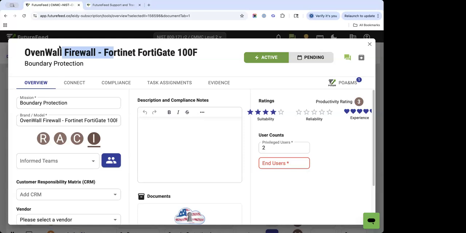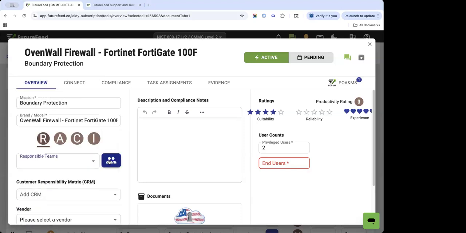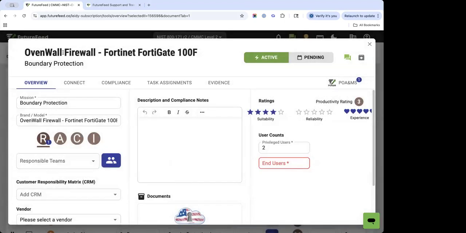Does anybody need to be informed when things come up and are related to this firewall? Okay, so all throughout FutureFeed, we're using this RACI model. And if you want to be able to identify a certain team as being responsible for something, or a certain role as being accountable, or even assigning an individual person to work on an item, okay? So if you want to be able to identify a person by name or a certain role or a team,